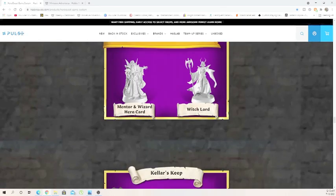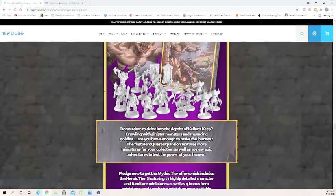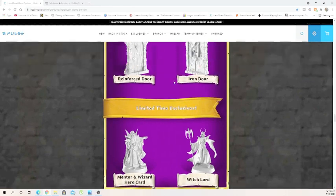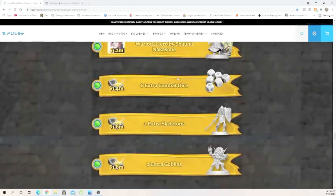New doors. We are going to get Mentor, Wizard, and Witch Lord. And then Keller's Keep is literally just going to be orcs and abominations. I guess we're going to get some new doors in there too. I can see some new doors here. New doors there. So, you know. And then we're going to get...